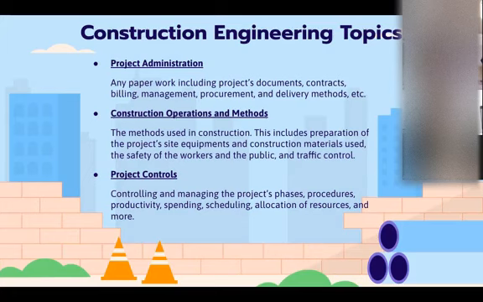And then the last thing I'm going to talk about is project control, which is controlling and managing the project phases, procedures, productivity, spending, scheduling, allocation of resources, and more. So this is basically what the project manager does most of the time. The project has multiple phases. Obviously, we need to get the land first, and then there are permits. After the permitting, we can get the blueprints. And after the blueprints, we can send them to the construction people so they can read them and know what to do,